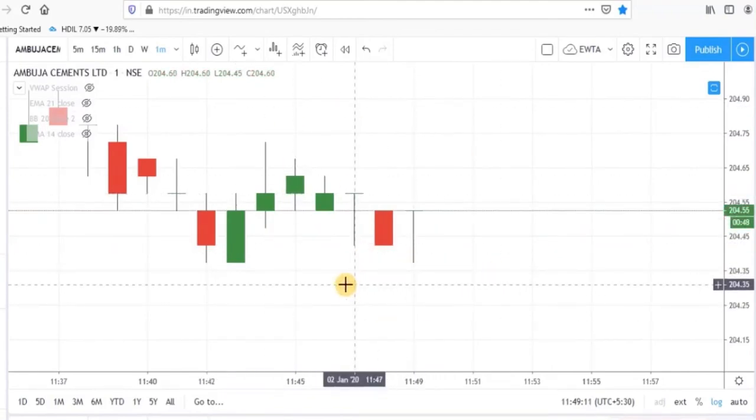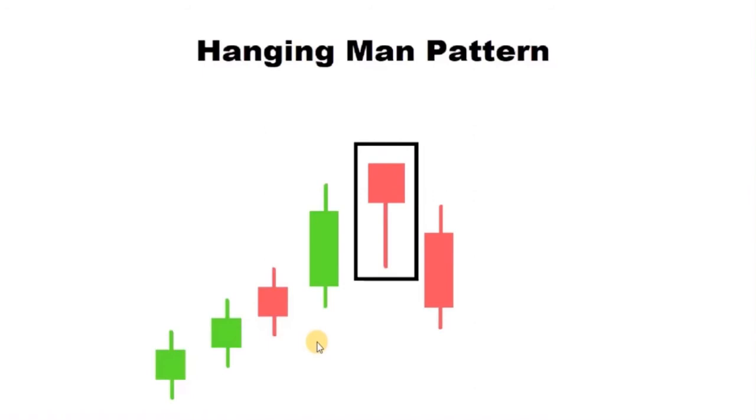Now in this lecture we will learn about some important candles that give a signal about the future movement of the prices. First is the hanging man pattern. This is the hanging man candle, and this is a long candle in which we have a long shadow and a small real body at the top. The body is small enough and the wick or the shadow will be almost twice the body. There is a possibility you may find a very small wick at the top of the body, but there should be a very long wick on the bottom.